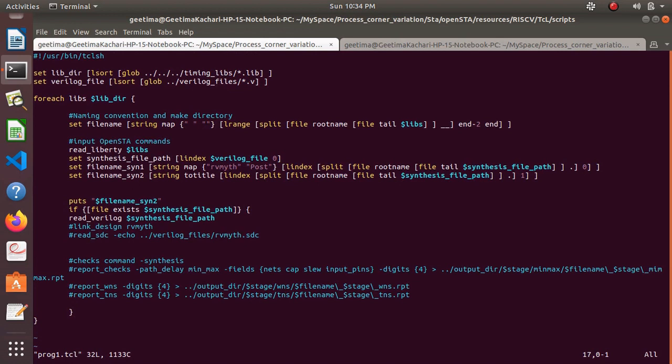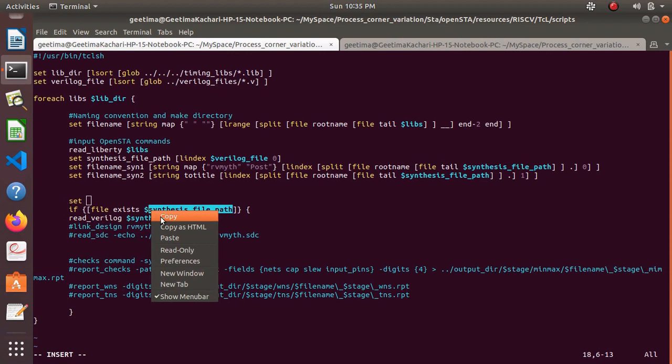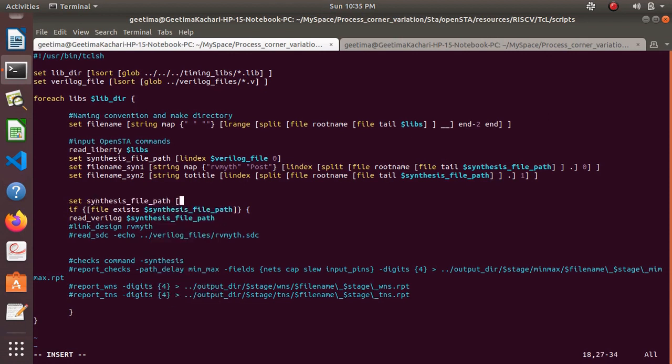Oh, did I delete my, what I have to delete, what did I delete? So let's get rid of this now. So set, what was my name? Synthesis file name part. Was lindex